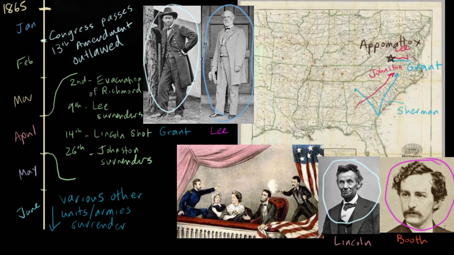So he conspires with a couple of other people, and they plan that they're going to kill all the highest people in government at once. So they're going to kill Lincoln, they're going to kill General Grant, they're going to kill William Seward, the Secretary of State, and they're going to kill Andrew Johnson, the vice president. And Booth thinks that perhaps in this moment of panic that follows the decapitation of the entire United States government, perhaps something positive for the South will happen.